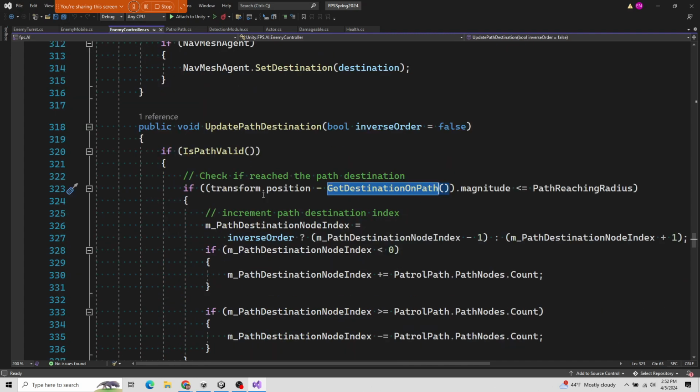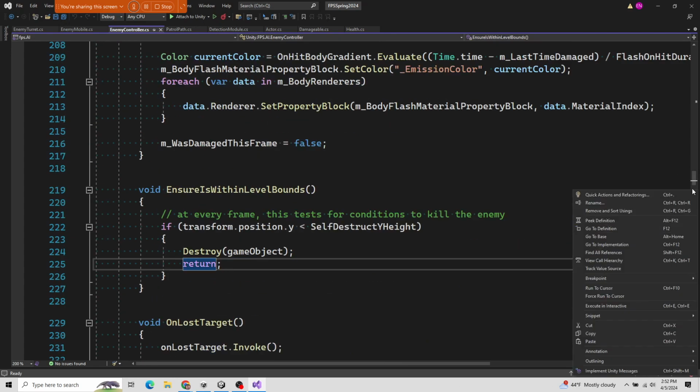Okay. So take your current position, subtract where we're trying to get to. Basically, it's like how far, and then take the magnitude of that. It's like how far are we to our destination? And if that is less than or equal to path reaching radius,